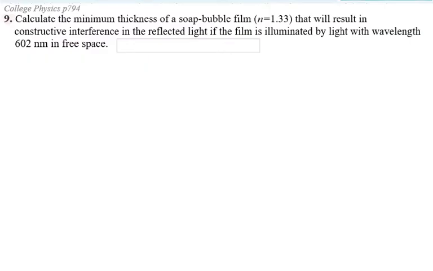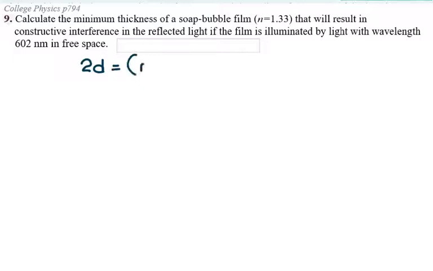In this question, they say calculate the minimum thickness of the soap bubble film that has index of refraction 1.33 that will result in the constructive interference in the reflected light if the film is illuminated by the light that has a wavelength of 602 nanometers in free space. And if they say in free space, that means in the vacuum. So for constructive interference in this case, it would be 2d